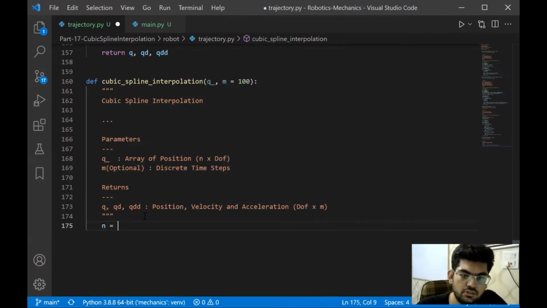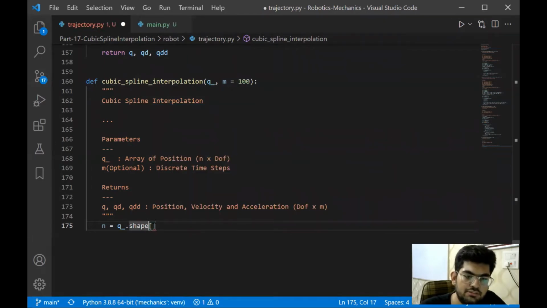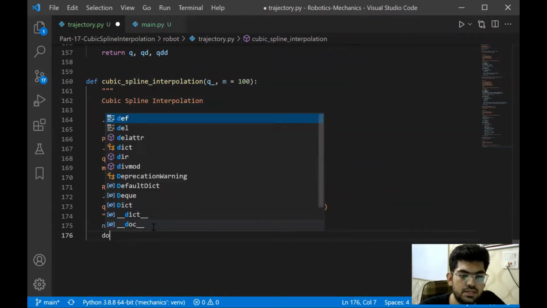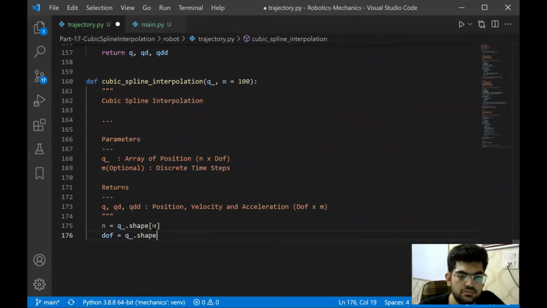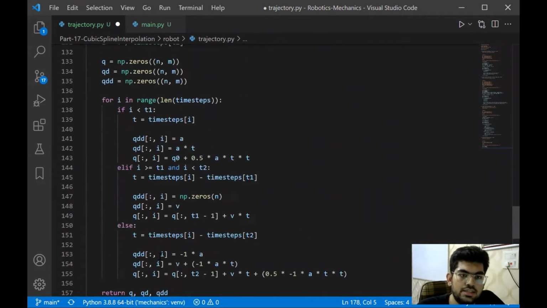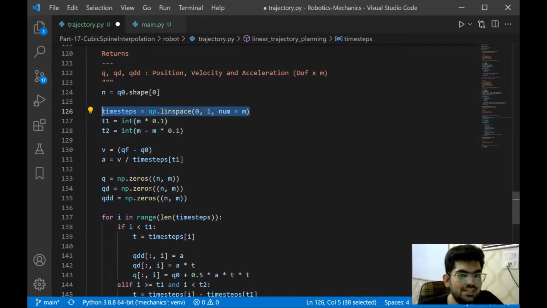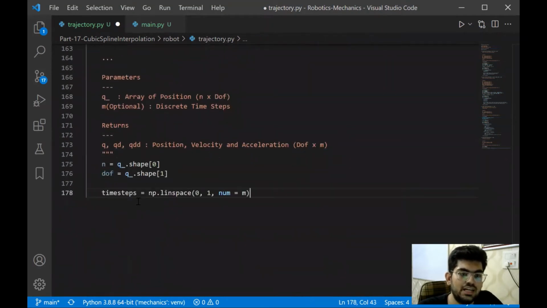Okay, so the first thing that we're going to do is to derive different shapes from this. We're going to take the shape, so it is the 0th shape, and this is going to be the first shape. Right. Okay. Now, the next thing that we usually do is separate the time steps. So let's do that. Now, this is going to be slightly different. This is because of the implementation that we are following.